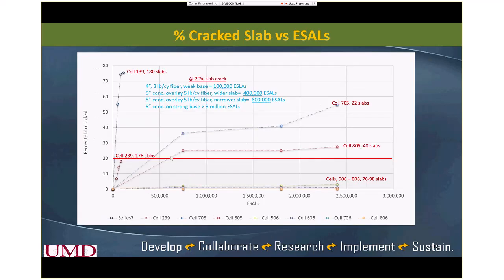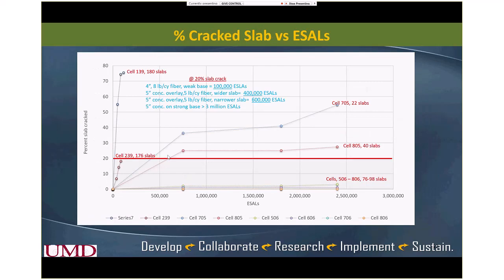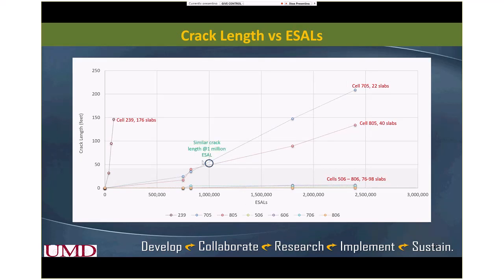around 500,000 ESALs, around 20% of the slabs cracked in those 2 cells, but 705 actually failed earlier, right? Now when you look at the crack length, because those slab dimensions are not the same, we saw that around 1 million ESALs, these 2 cells have a similar length of